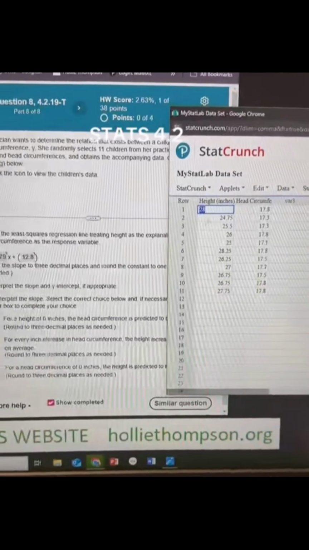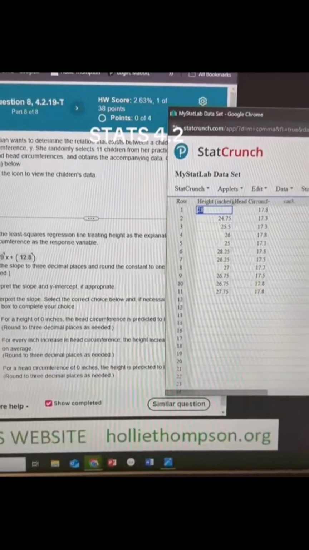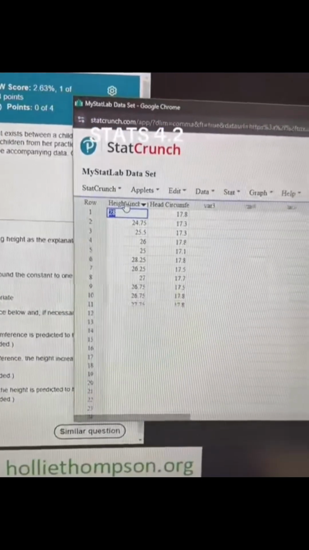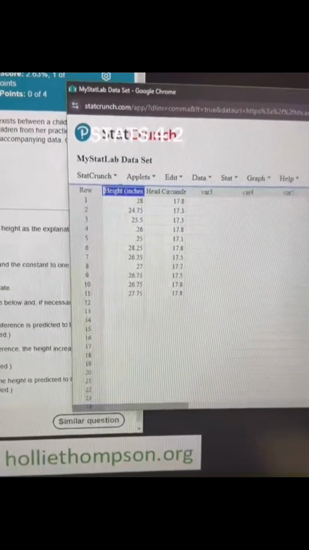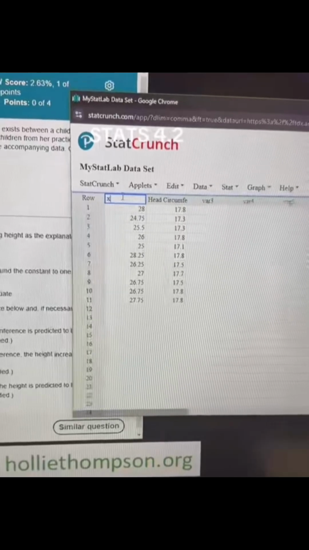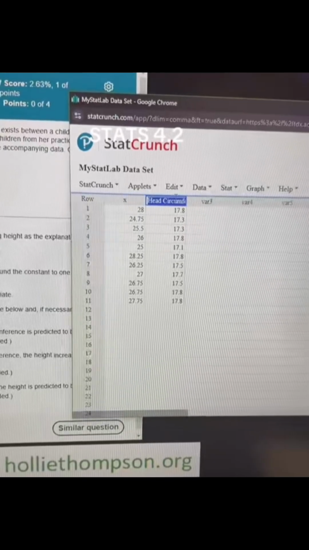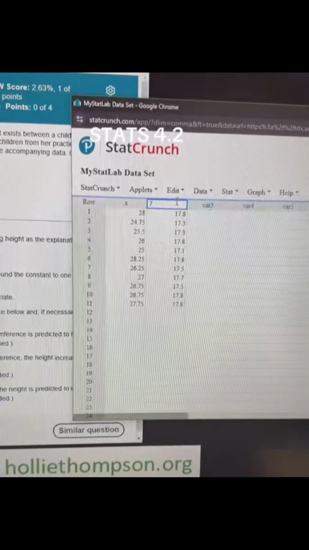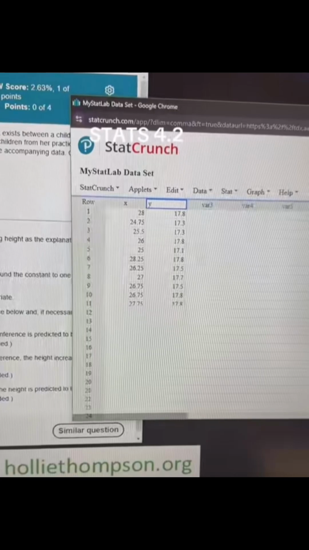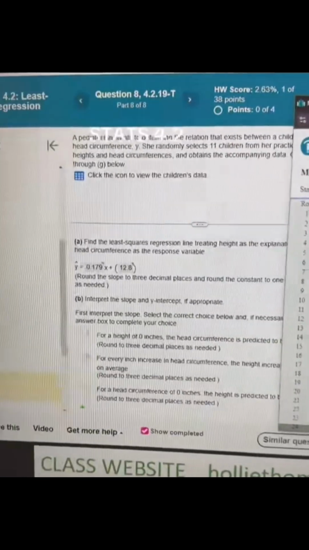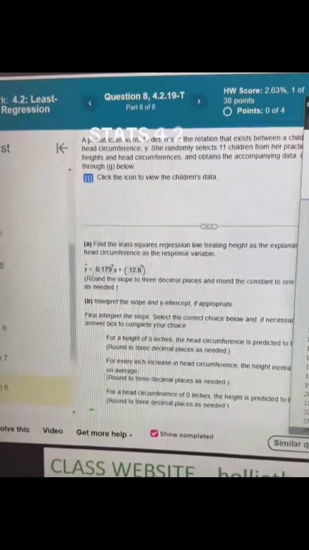Here is the info. This is X and this is Y. After I get it in here, I can come right here and just put X, and I can highlight here. This is a little trick so you don't mess it up. And Y. Then when I come over here, I have to give Y equals, in Y equals MX